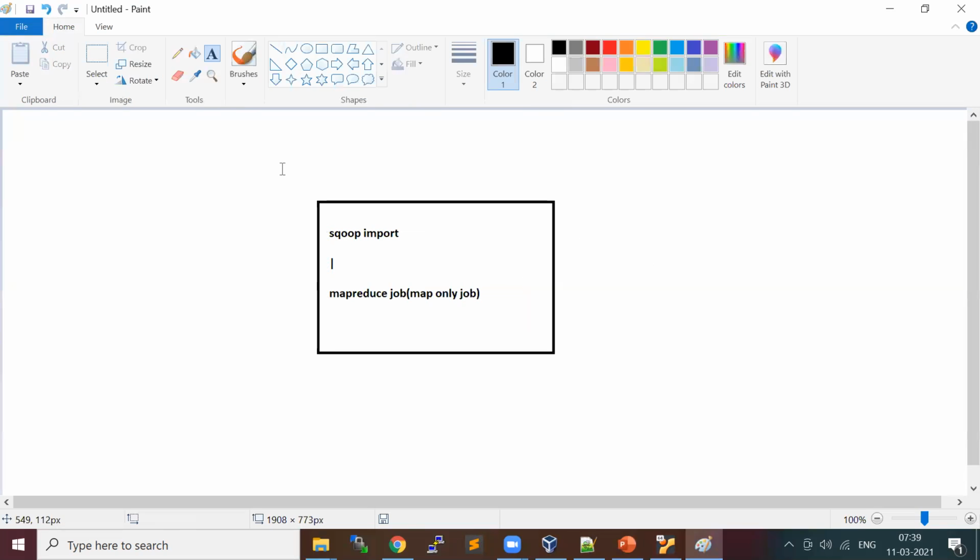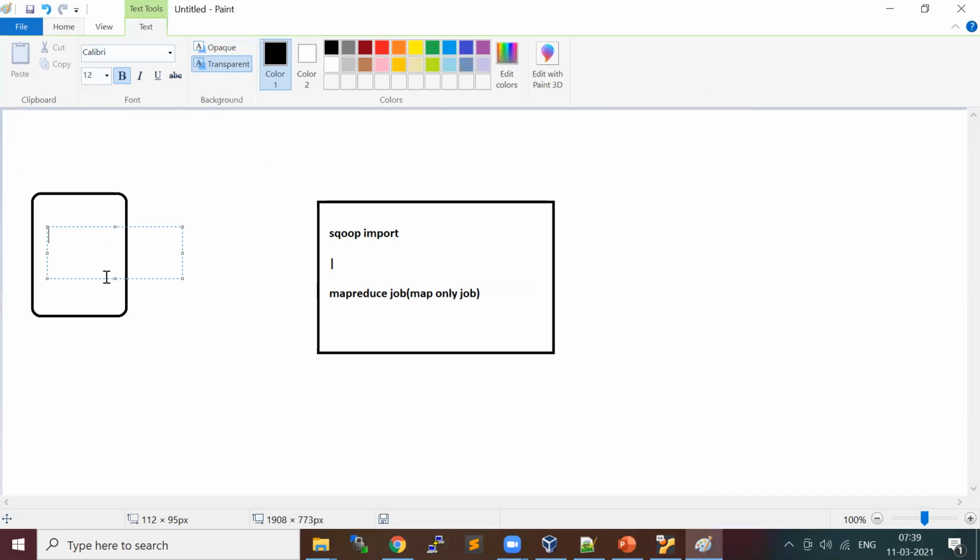Now, say your data in RDBMS is in sales DB. Inside sales DB, I have a customers table.